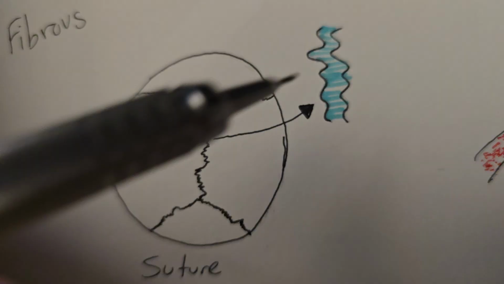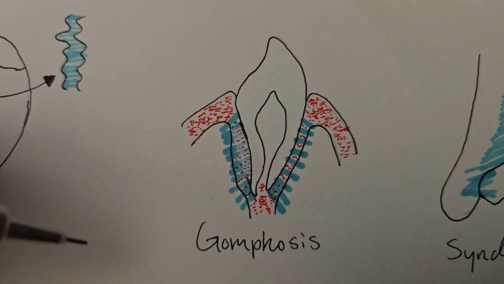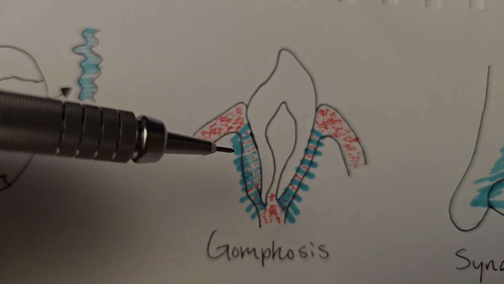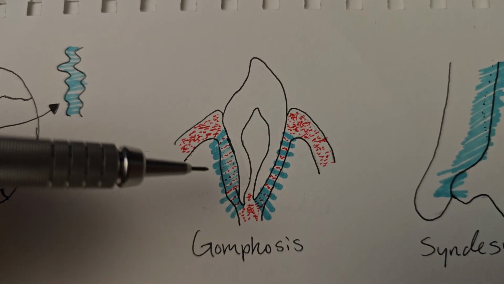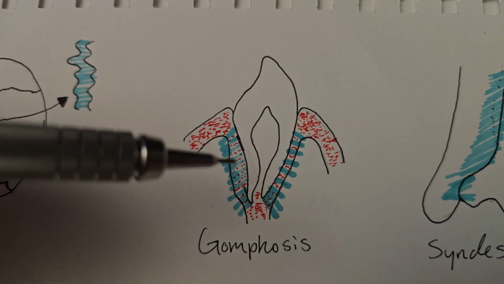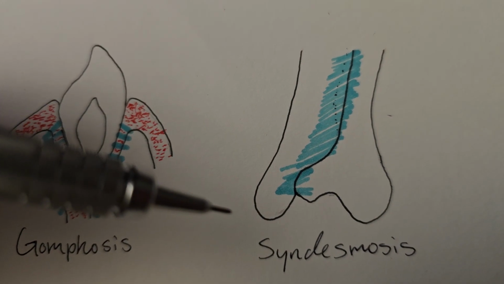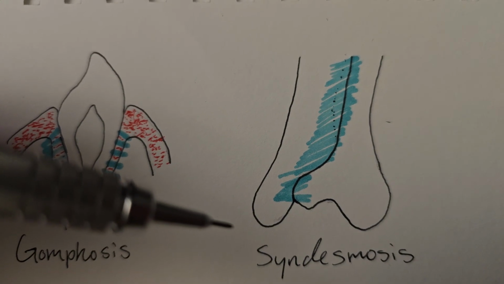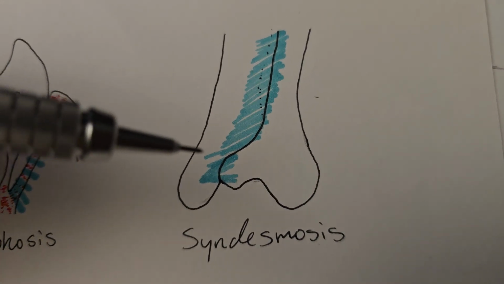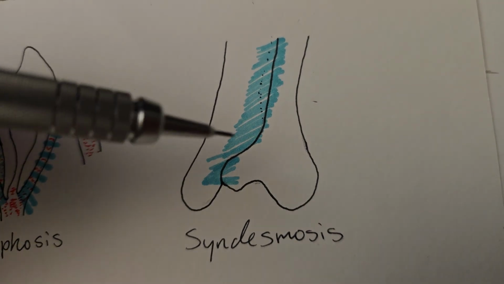So those collagen fibers connect there. And the second type is gomphosis, which is found where the tooth connects to the mandible or the maxilla, in your jaw. And then there's syndesmosis, which is found in the ulna and radius, or even the tibia and fibula. These fibers are a little bit longer, a little bit more movable, but they hold two bones that are